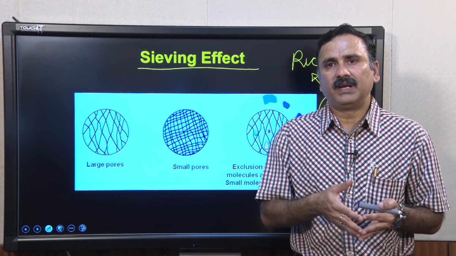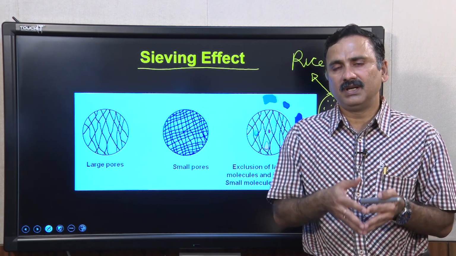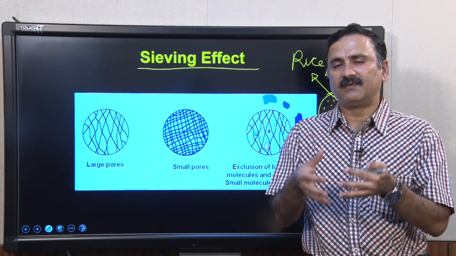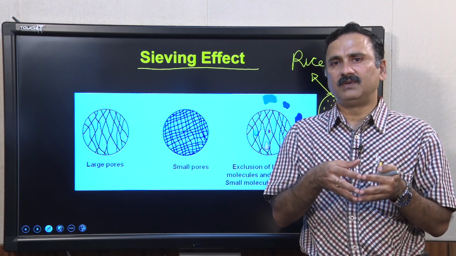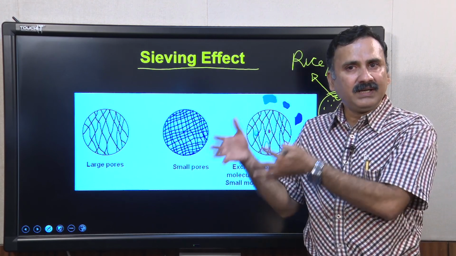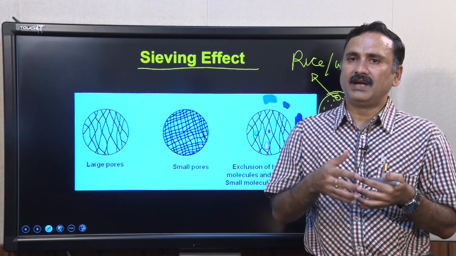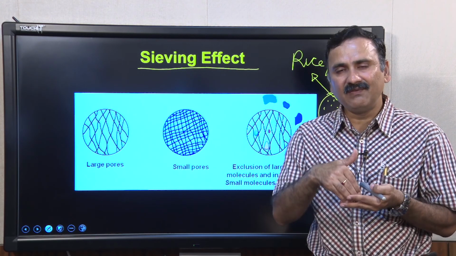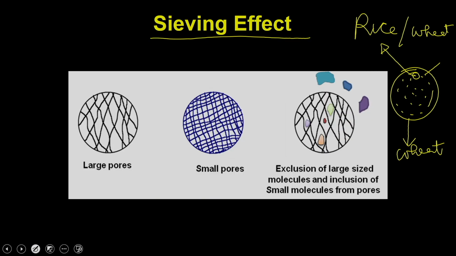Similarly, the same principle can be used to distinguish or purify different types of proteins. As you have seen, we have proteins of different sizes, from 1.53 nanometers to 20 nanometers. So you can take a sieve and start filtering the proteins through it, and ultimately the larger molecules will remain on top and the smaller molecules will pass through. But in the case of gel filtration, that is not what happens.